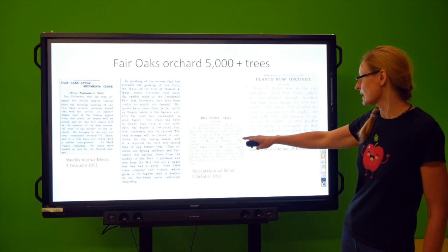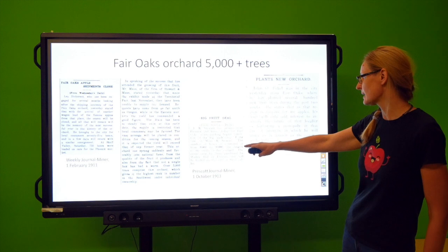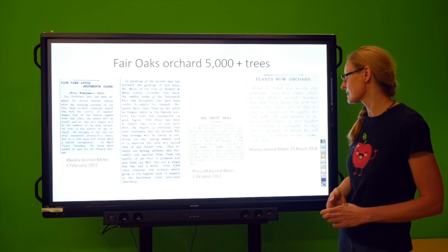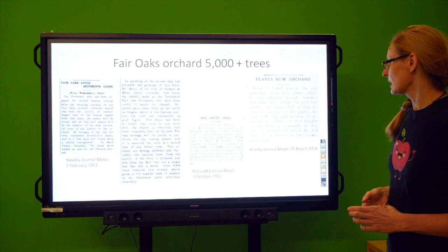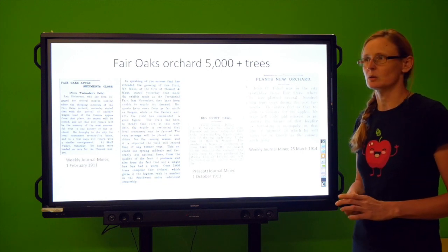Stewart has arrived from Phoenix and leaves today for Fair Oaks, where packing begins tomorrow of the big apple crop of the firm of Mouse and Stewart. The number of boxes is estimated at 8,000 to 10,000, the largest to the credit of this orchard. The entire crop has been purchased by Walter Hill of Phoenix and will be loaded on the cars at Skull Valley. So they would bring those apples from Fair Oaks Orchard,